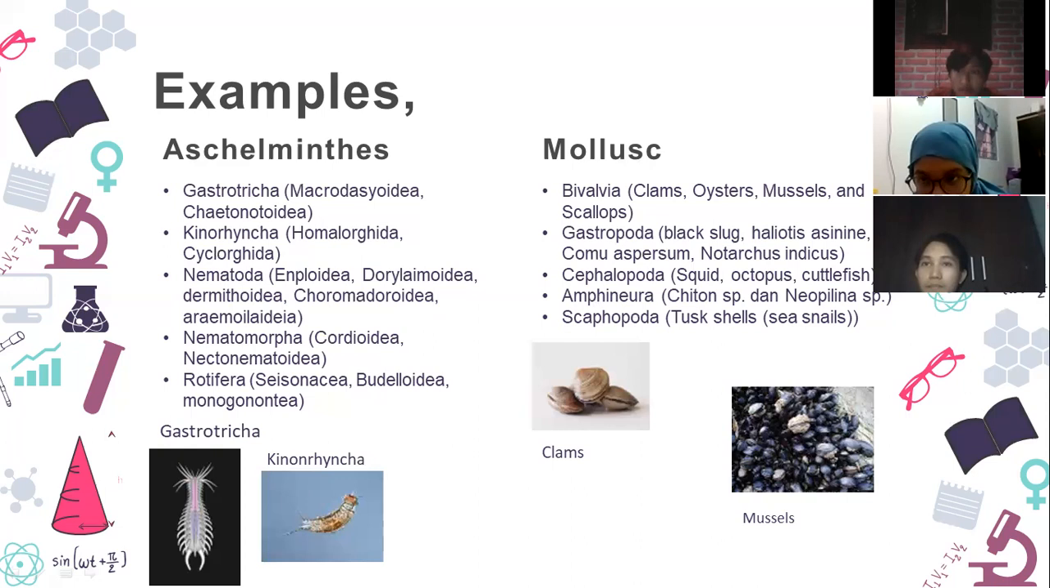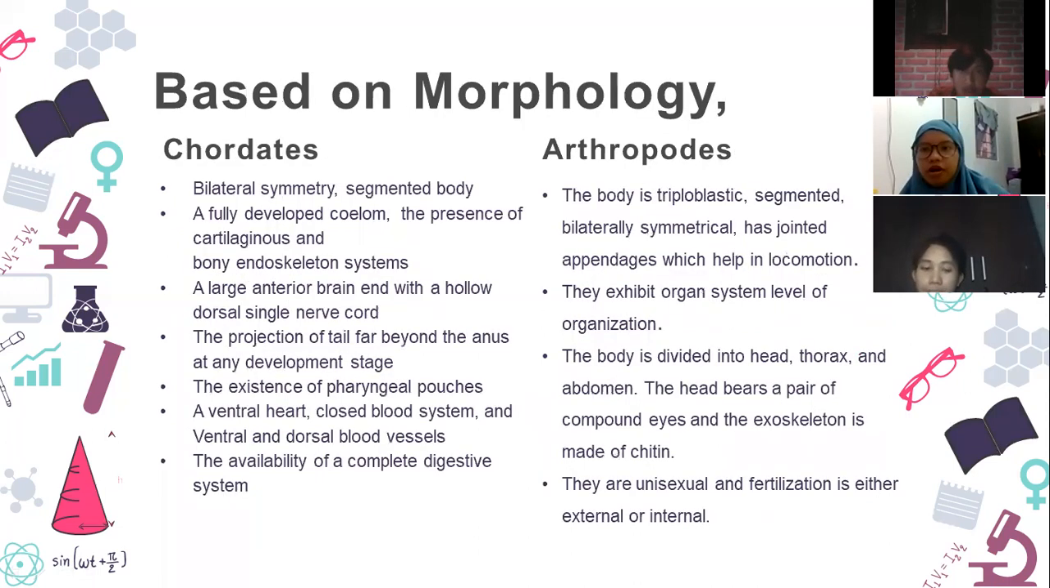And the third part of the morphology is chordates. Chordates are basically animals that we see in the wild. Their key features are bilateral symmetry, a segmented body, a fully developed column, the presence of cartilaginous and bony endoskeleton systems, and a large anterior brain, with a hollow dorsal single nerve cord, the projection of tail far beyond